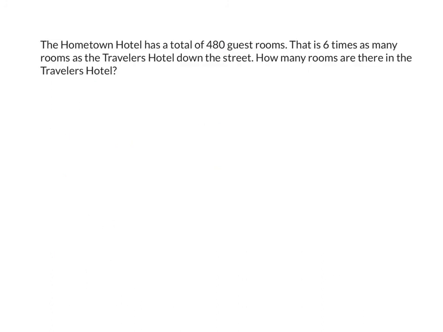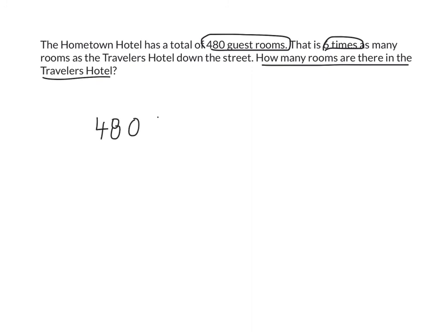Okay, so this question says the Hometown Hotel has a total of 480 guest rooms. That is 6 times as many rooms as the Travelers Hotel down the street. The question's asking us how many rooms there are in the Travelers Hotel. So what we need to know is that the Hometown Hotel has 480 rooms, and that's 6 times as many. So that means that the Travelers Hotel has 6 times less. So what we have to do is 480 divided by 6